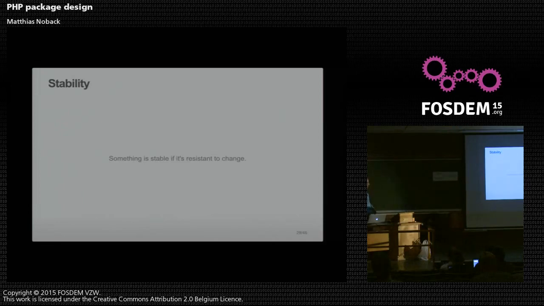The funny thing is that a person and a building are somewhat different from software, because a package is stable when it's unlikely that it's changed by external forces. And the thing is that stability is now not an internal quality of the package, but an external quality. So other packages are able to influence the stability of a particular package. That's interesting to note, and it's also interesting to look at the different kinds of relations that a package can have with its surrounding packages. So first of all,